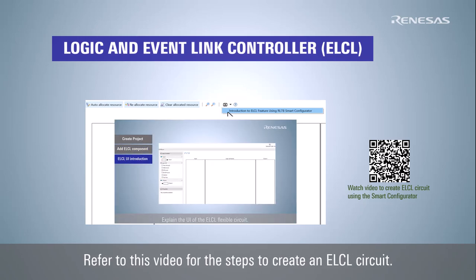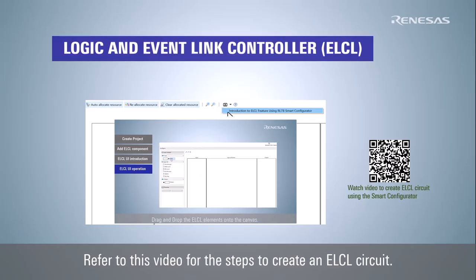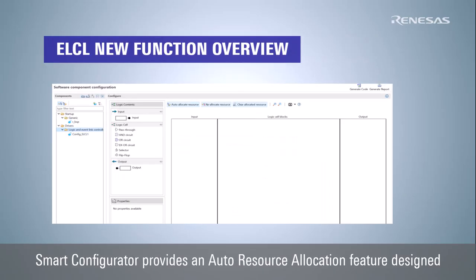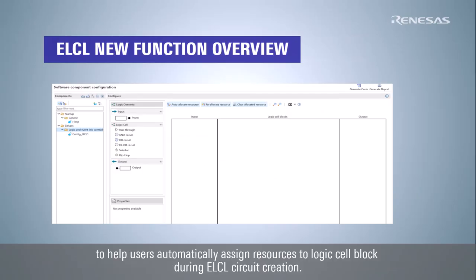In this video, we refer to the Logic and Event Link Controller simply as ELCL. The reference video provides a clear overview of ELCL and includes a step-by-step tutorial on creating an ELCL circuit using drag-and-drop operations in Smart Configurator. Smart Configurator provides an auto resource allocation feature designed to help users automatically assign resources to logic cell block during